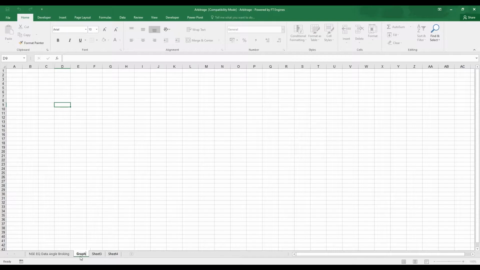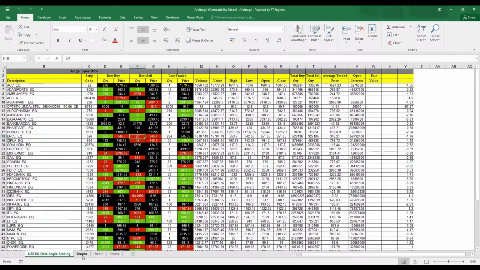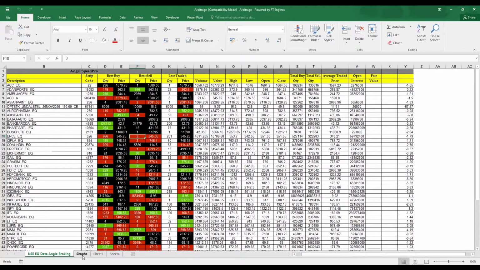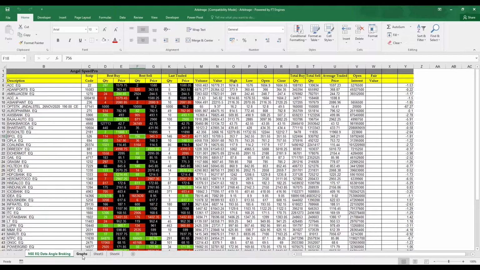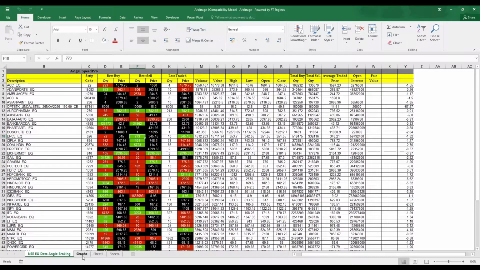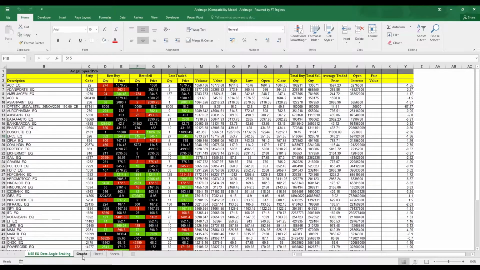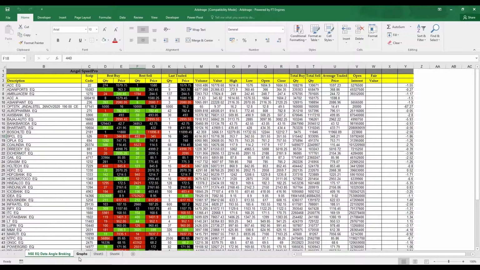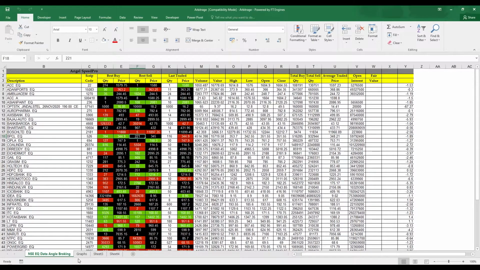Since I wanted to show this data on the live graph, I wanted to analyze this data in old fashioned way. Now let me tell you my strategy here. If the quantity on the buyer side is more, it means stock price is going to go up, and if the quantity on the seller side is more, it means stock price is going to go down. I'm going to take the quantity data of buyers and sellers and show it on my graph so that I can make my decision by looking at the buyers and sellers quantity data itself.